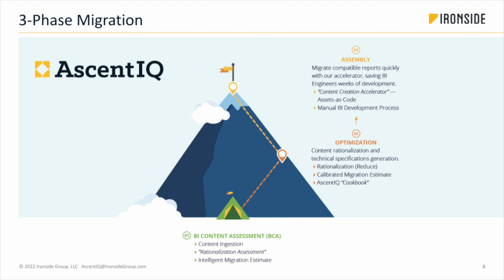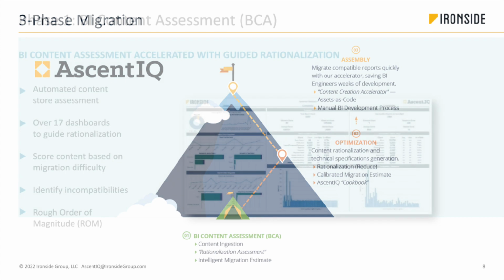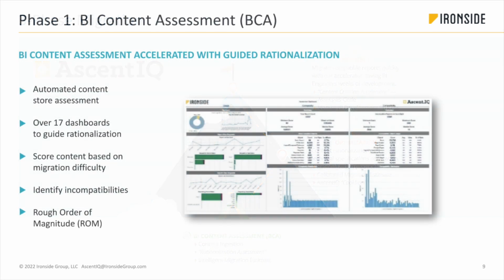And then you have everything that's kind of in between, where we can automate some portion of the report, and then we can manually create the rest. So there's almost always going to be some portion of a report that we will have a manual touch towards. And so there's going to be a lot of this as a kind of hybrid approach. And as the QuickSight tool expands in its capabilities, we're going to be following right behind them. So there's always going to be a period where we will never be at 100% in terms of our assets as code, but we're going to be pretty close. So this is an example of some of the output of our BCA, or our BI content assessment.